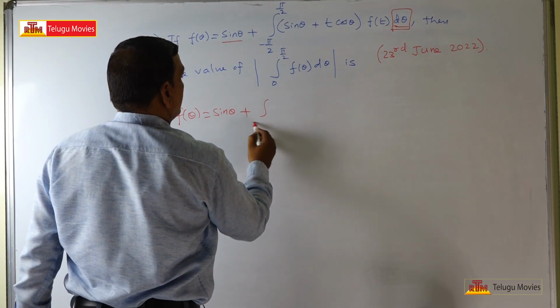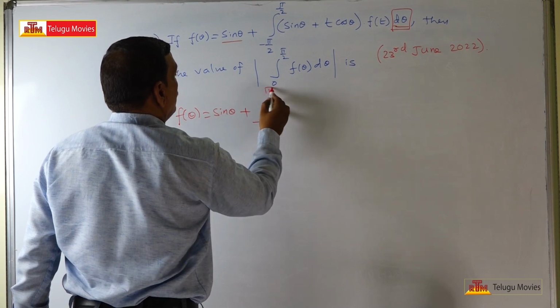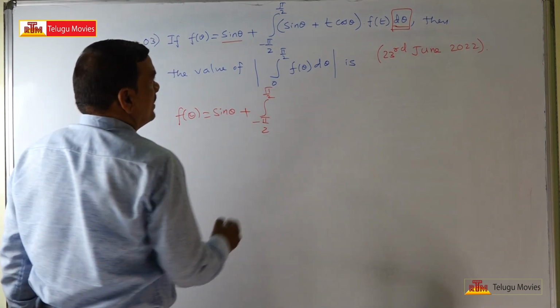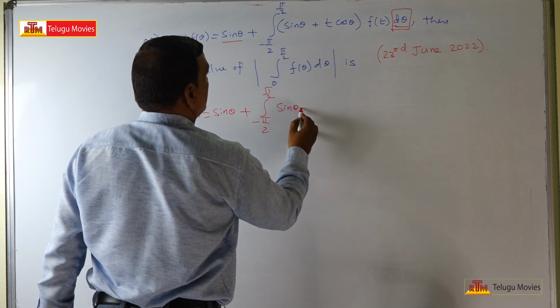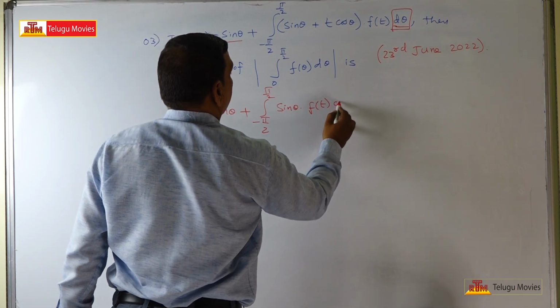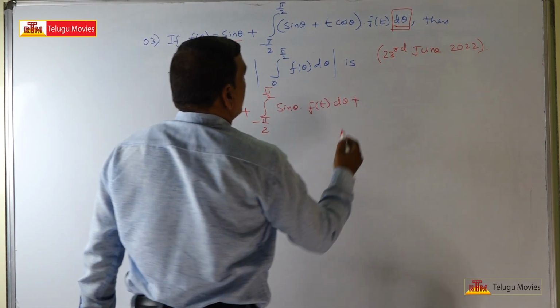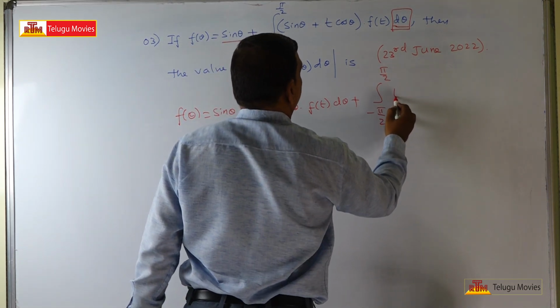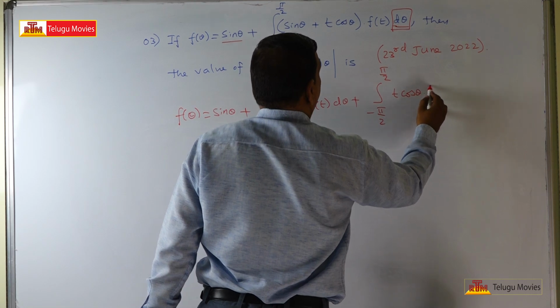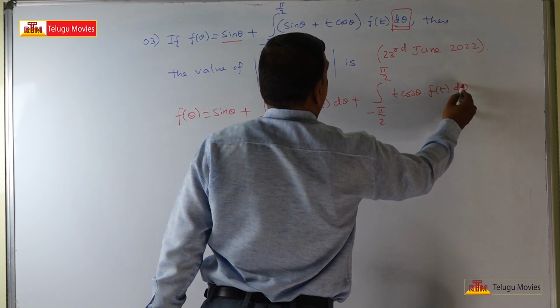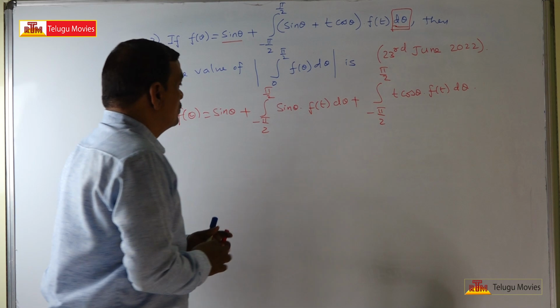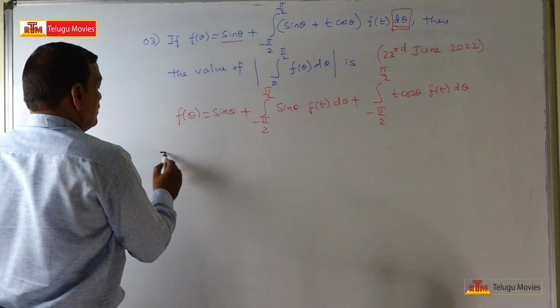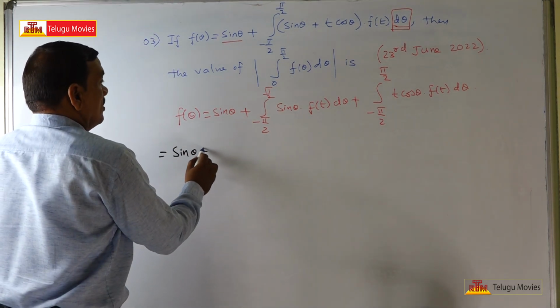So this is the integral, one more step I will write, minus pi by 2 to pi by 2, sin theta into f of t d theta, plus integral of minus pi by 2 to plus pi by 2 t cos theta f of t d theta. Now, so here I will write this as, this is equal to sin theta plus, here you